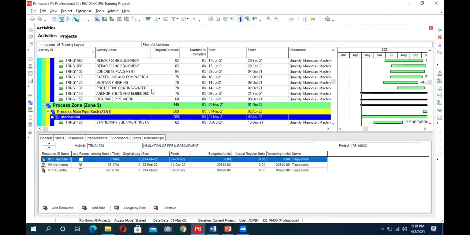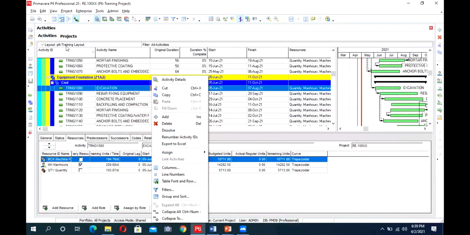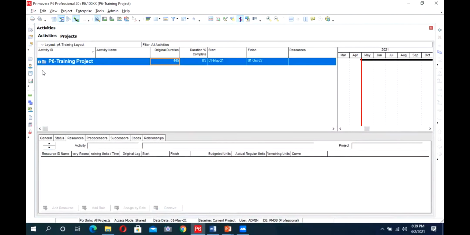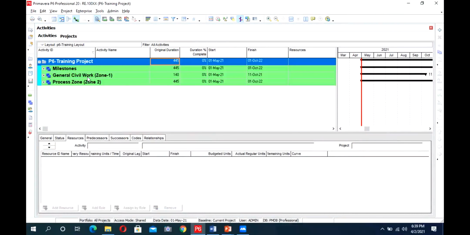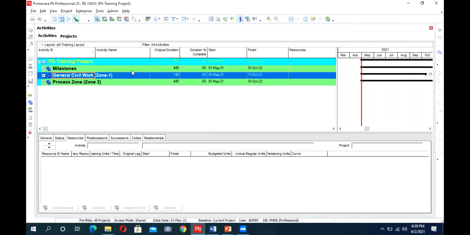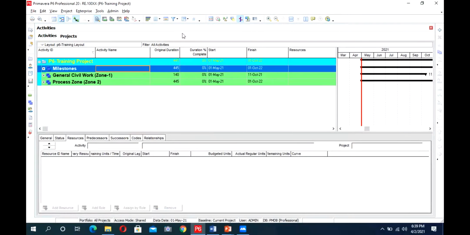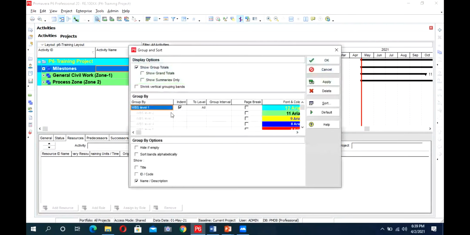So you basically want to change the colors of these summary bars. So this is the option of group and sort. Here, this is the tab for it. You click on it.